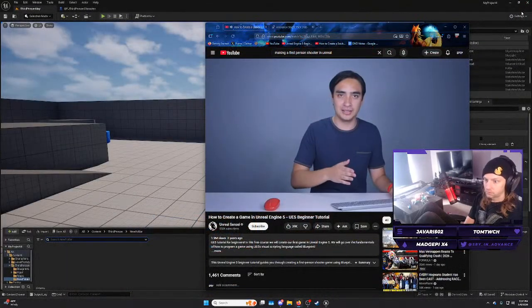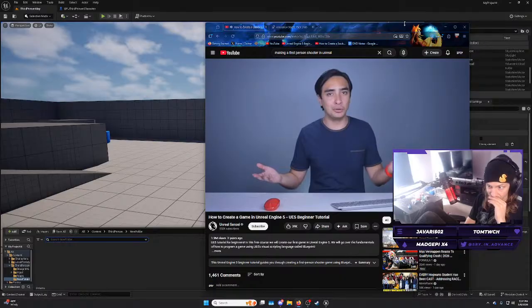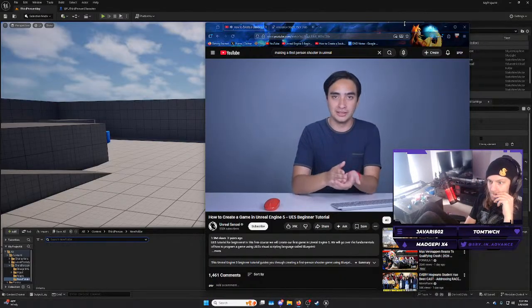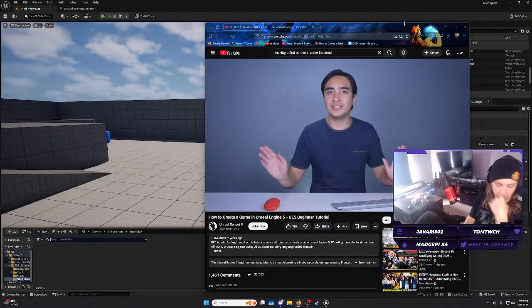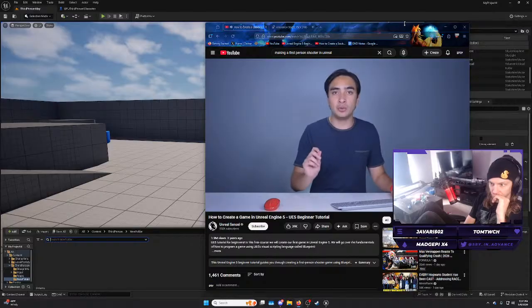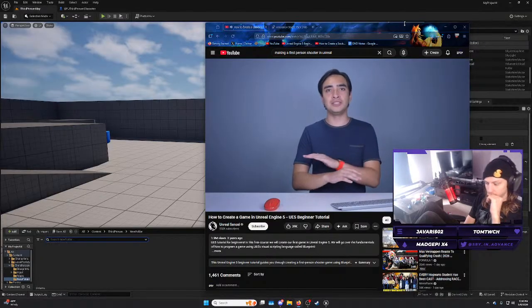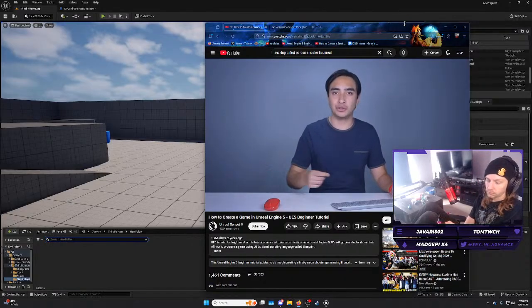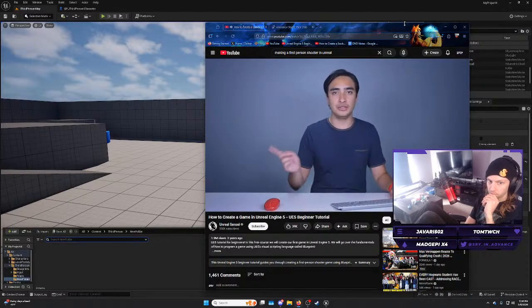C++. So a common question is, should I learn C++ or should I learn Blueprints? For most of your projects, I would stick with Blueprints, especially if you are a beginner. Blueprints can do almost everything C++ can, but even if you are going to use C++, you're going to encounter Blueprints. Since Blueprints are everywhere in Unreal Engine, one way or another, you're going to have to learn Blueprints. And that's exactly what we're going to do right now. We're going to jump straight into